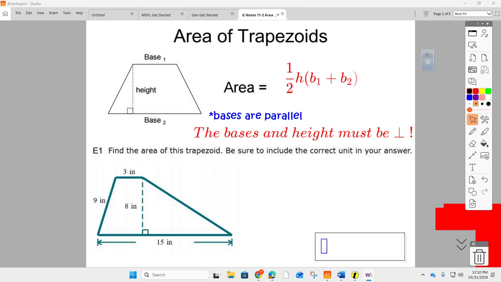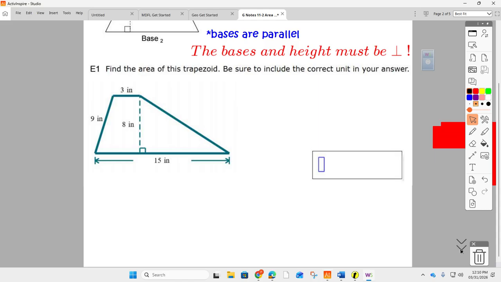Okay, so just like yesterday, once we identify the base and the height of our figure, we'll plug it into the formula. We solve. It's a square unit of measure. For all areas, a square unit of measure. So the base, one of the bases,